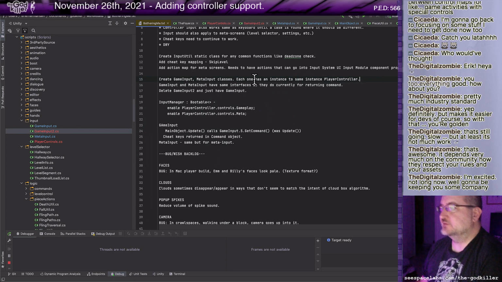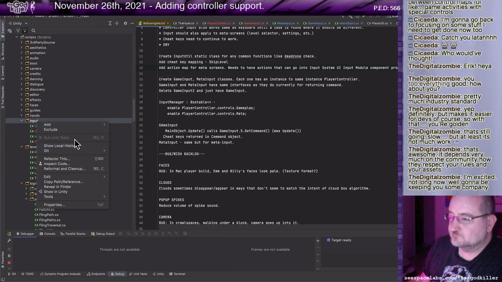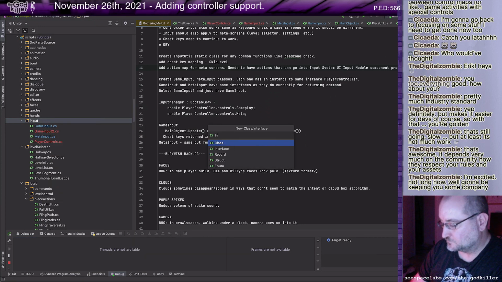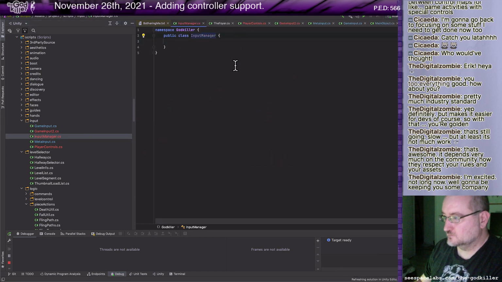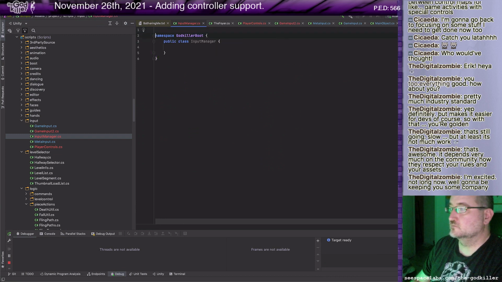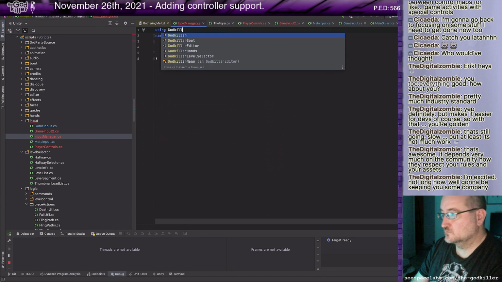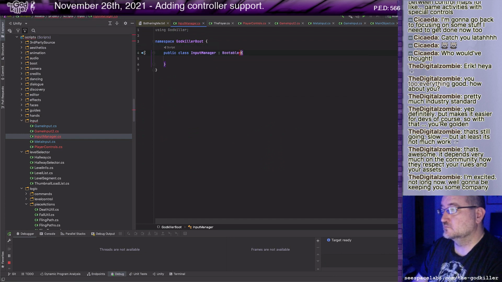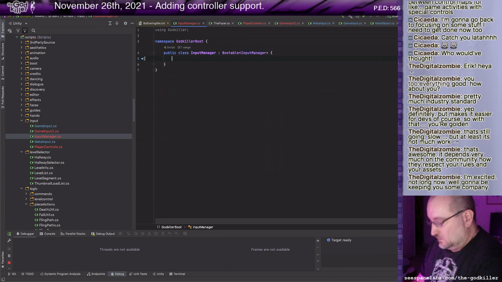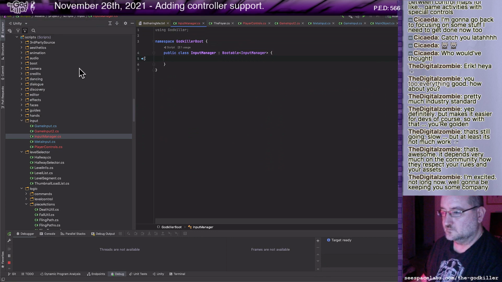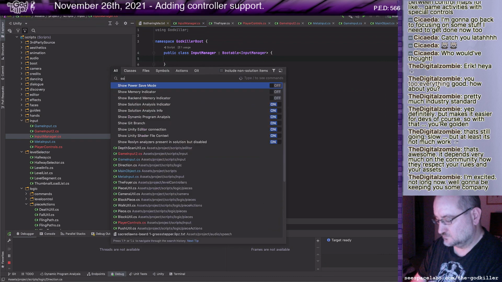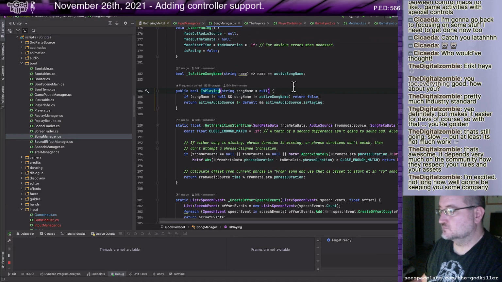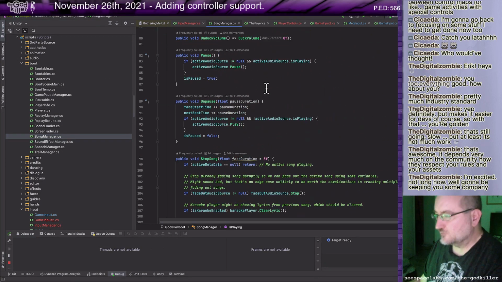Let's make Input Manager next. What do I have to implement?